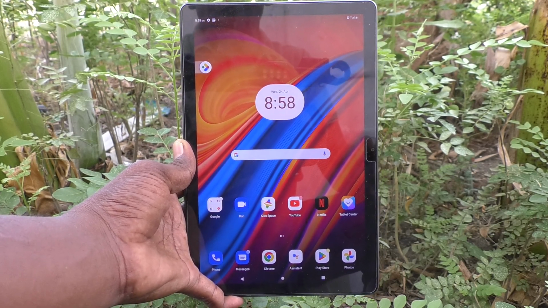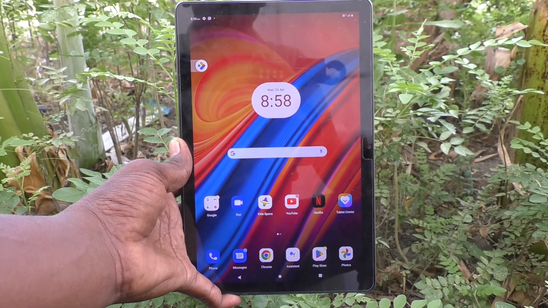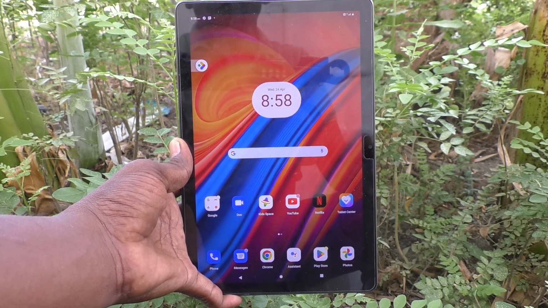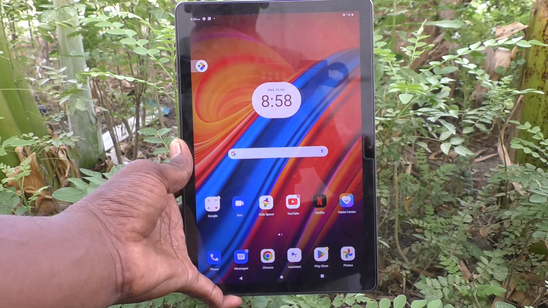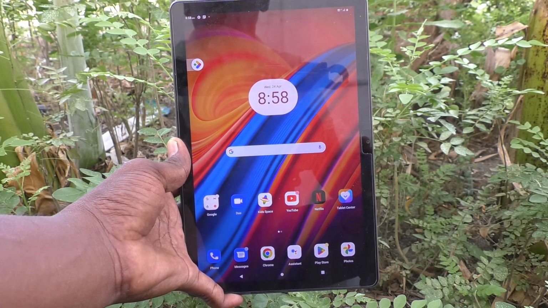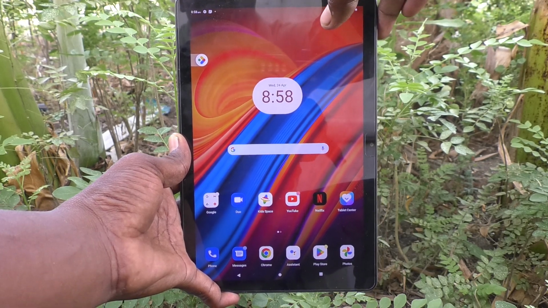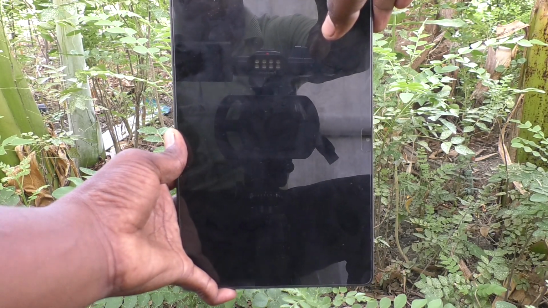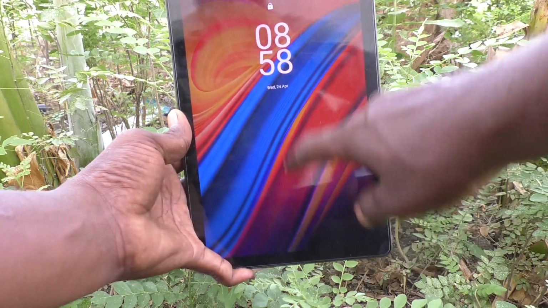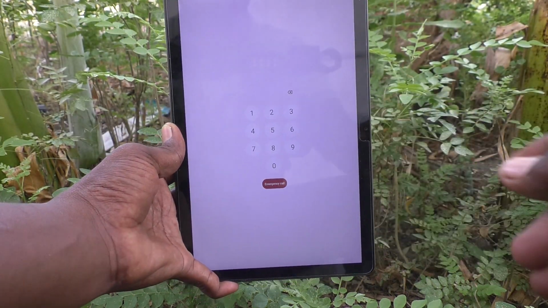Here is Lenovo Tab M10 tablet. In this video, you will learn how to change pin lock password to pattern lock screen password in your tablet Lenovo Tab M10. First of all, I lock my tablet and try to unlock my tablet, and it will ask